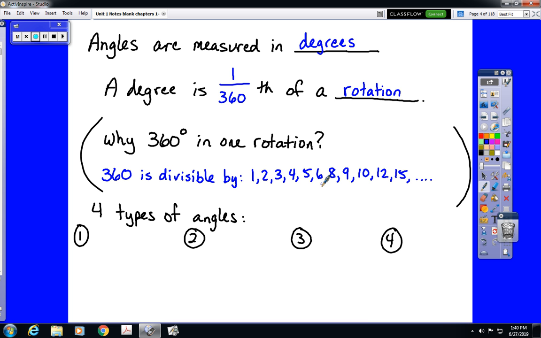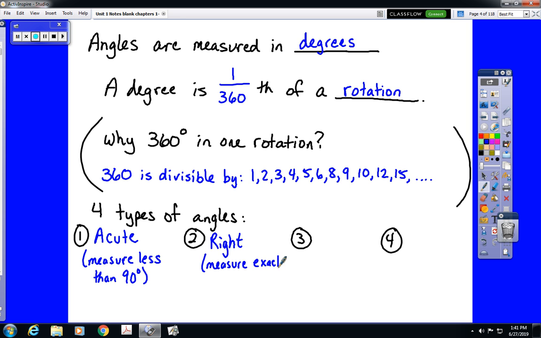Now, in geometry, we specifically study 3 types of angles. There are actually 5. We're going to deal with 4 in this particular book. We have the 3 that are definitely ones we know before, which are acute angles, which have a measure of less than 90 degrees. We have right angles, which have a measure of exactly 90 degrees. We have obtuse angles, which measure